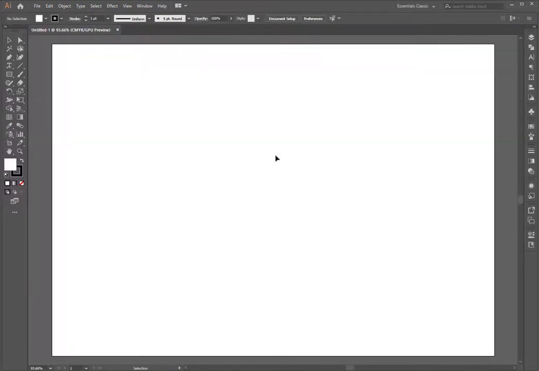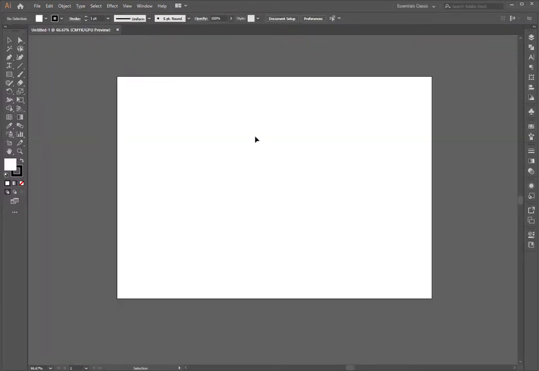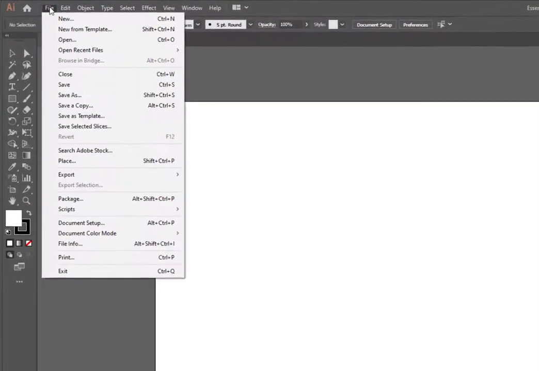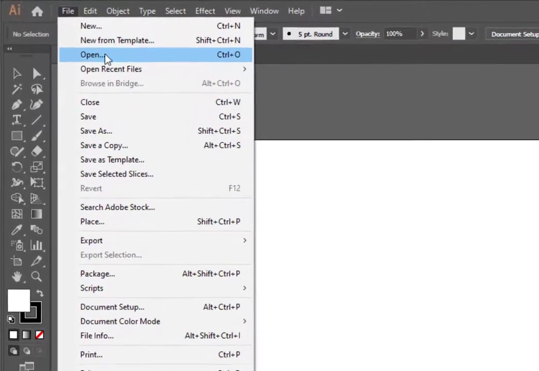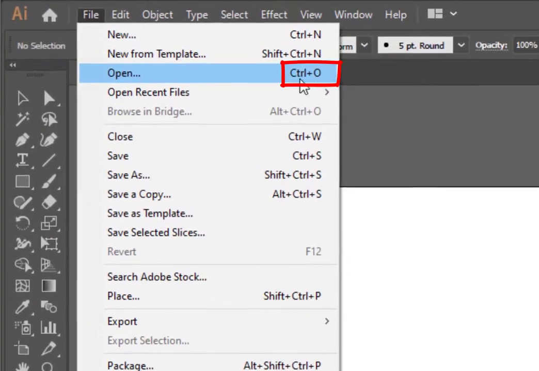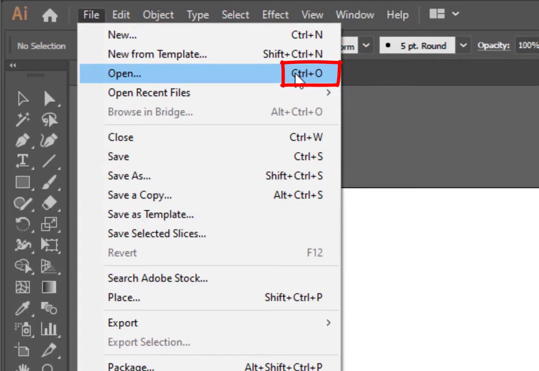And there are several ways to place or open a document or a picture, etc. in Adobe Illustrator. And one of the standard ways to do this is by going to File and clicking on Open, or using the shortcut key Control O, as you can see over here. Okay, click on Open